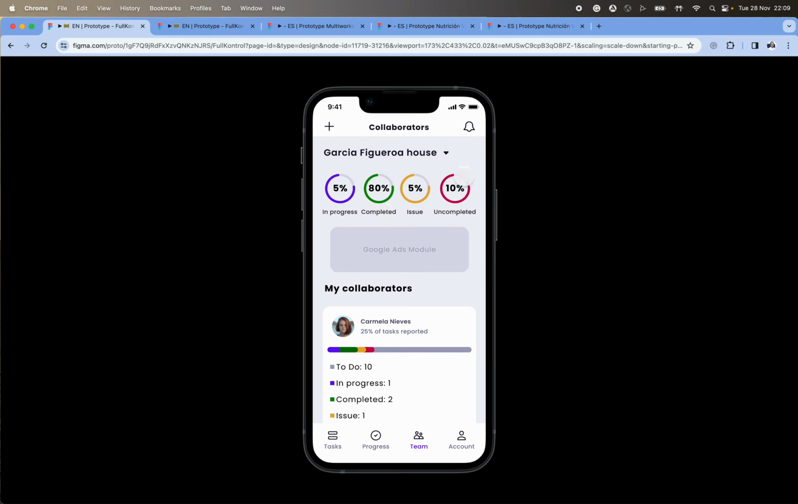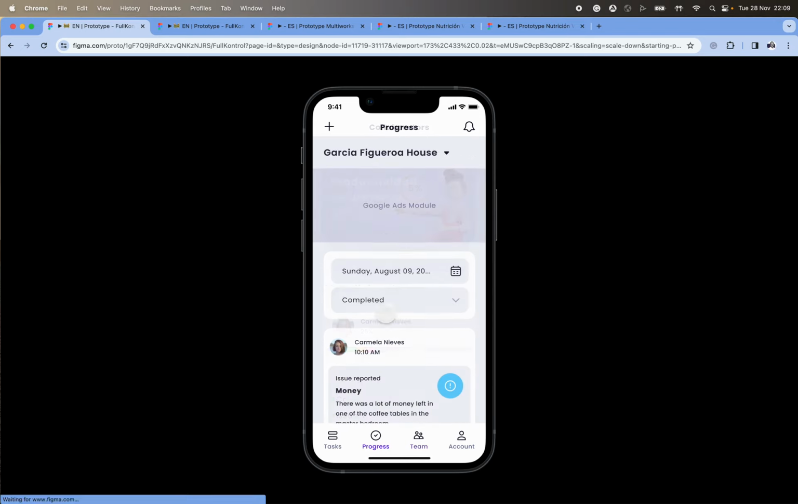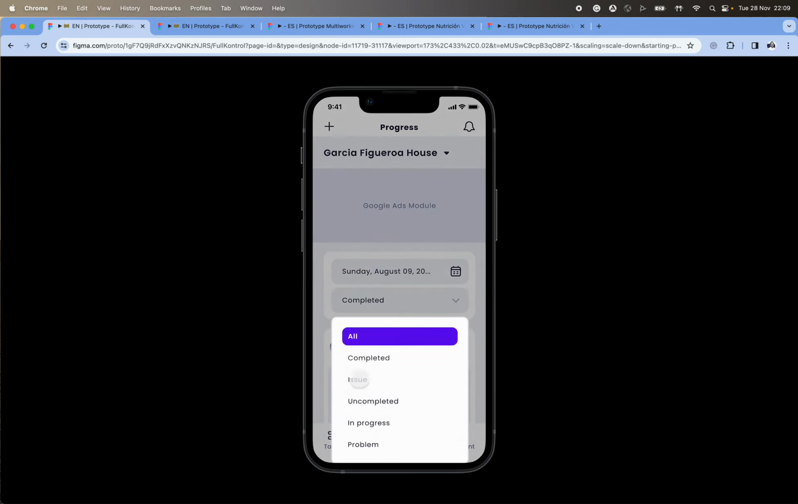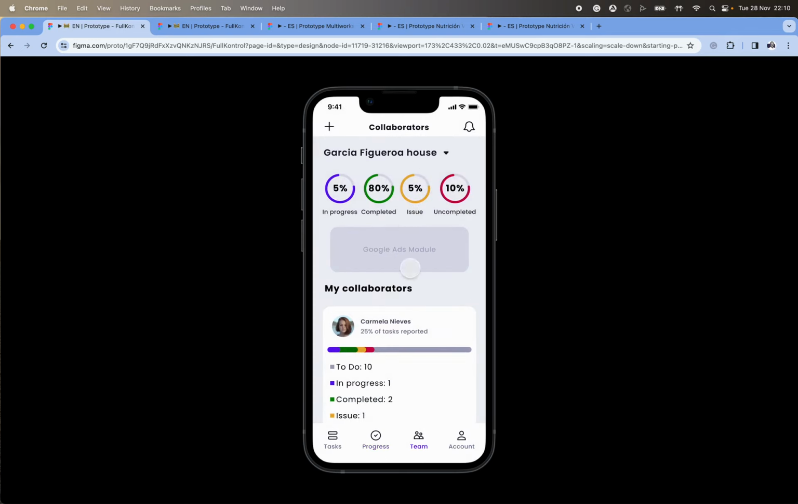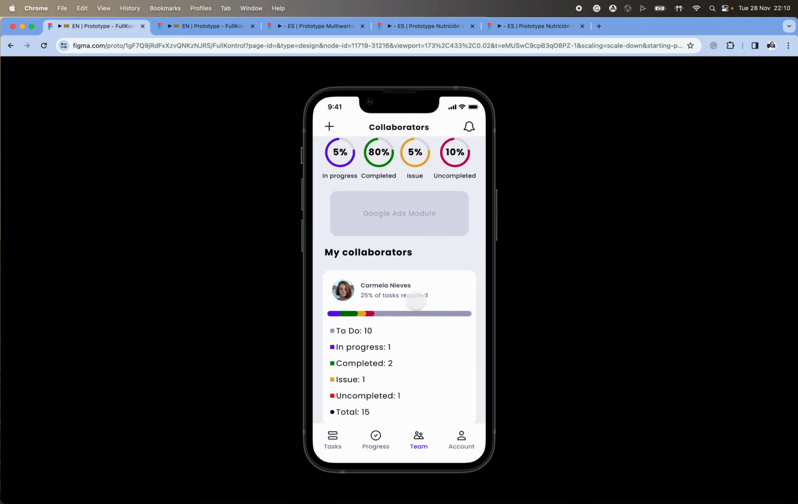5% are issued and 10% are completed. So that tells me that perhaps I need to pay attention to the uncompleted tasks, right? I could go here into progress and take a look at the different stages of the task, right? And see what is going on and who is saying that is having issues or is not able to complete